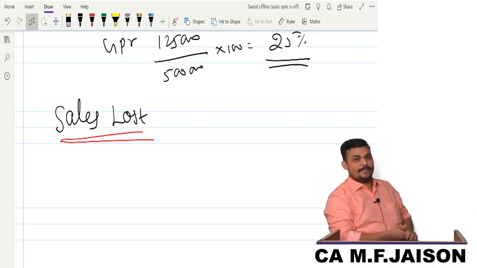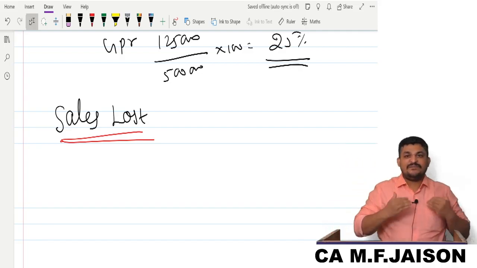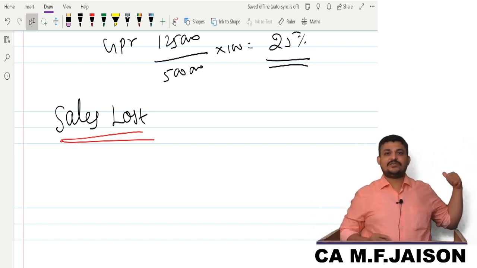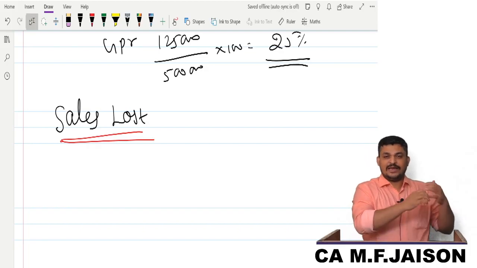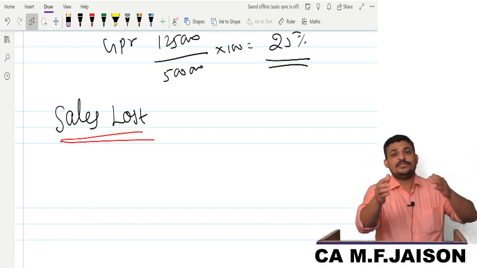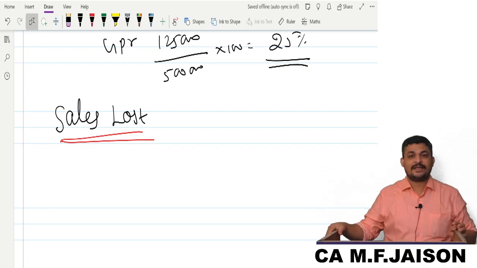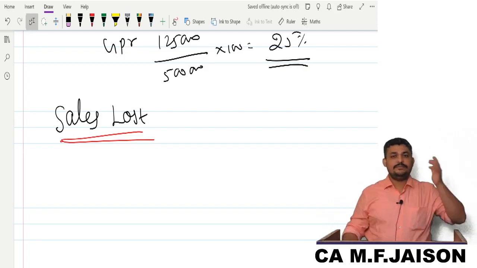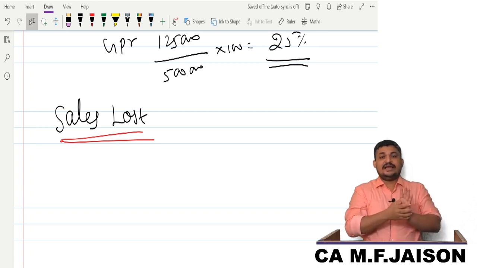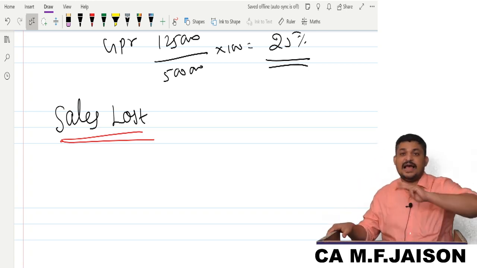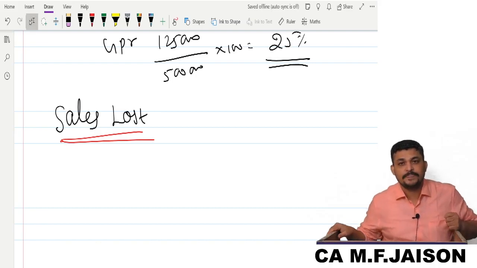Understood? Which means I am affected only by 4 months now. Should I take 12 months sales or 4 months sales? 4 months. 4 months sales of the past. And I should tell that if fire did not come, this would have been my sales. Imagine I take the 4 months sales and give it to you, say it is 3 lakhs. How much? 3 lakhs.